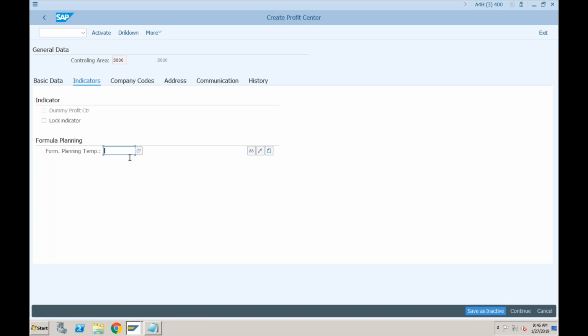So for this particular quarter, for this profit center, we are expecting this much profit, and then you compare your planned profit versus actual profit in the reporting. In order to have that planning, you can provide the template here, like how exactly my planning template will look. We will talk about this when I show you the topic where we'll be planning for the profit centers and the cost centers. Even yesterday, when we created the cost center master data, you'll find this formula planning template there also.